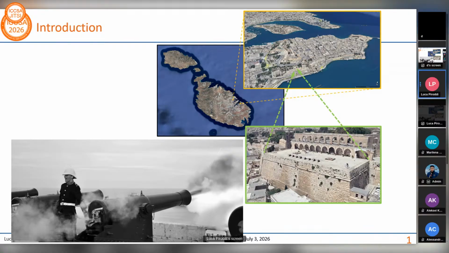The Valletta Saluting Battery, as you can see from these images, is located in a commanding panoramic position overlooking the Great Harbor, and it is an integral part of the defensive system built after the Great Siege of the 16th century. During that siege, the Ottomans had occupied the mount of Valletta and installed powerful batteries there, which were conquered by the